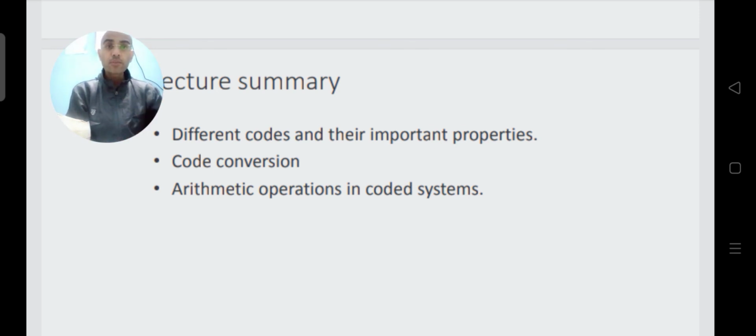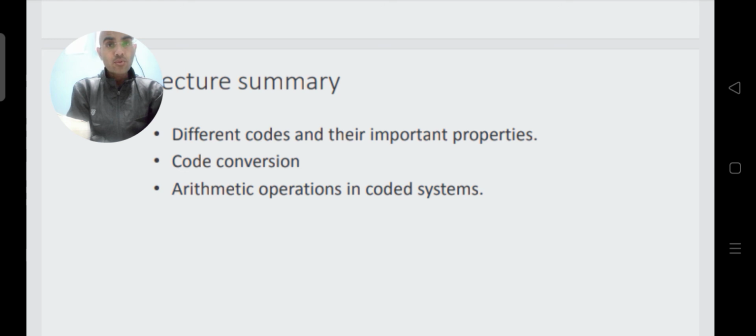So this lecture will be useful in your future lectures, in the study of future topics also. Apart from that, we have seen the arithmetic operations and the error detecting and error correcting codes also. There are many other codes, but in this lecture I have tried to cover all the important codes.